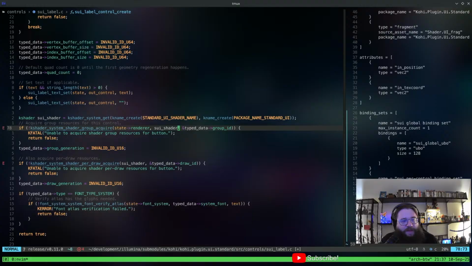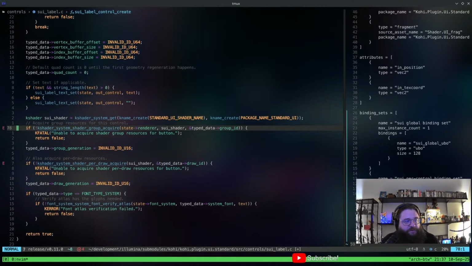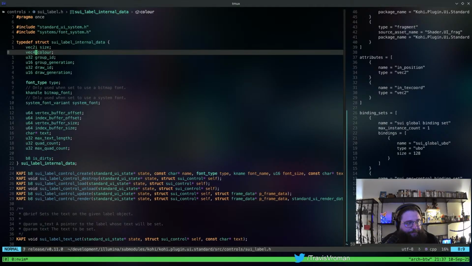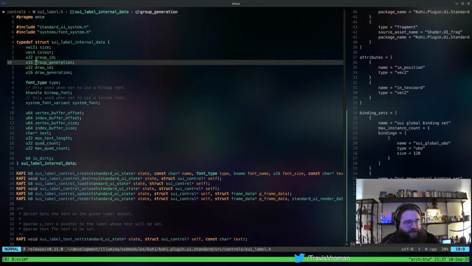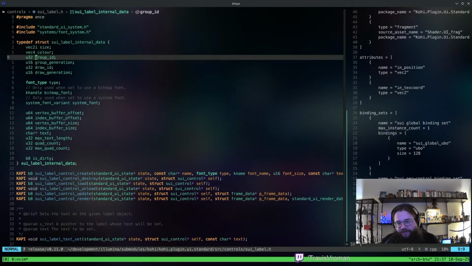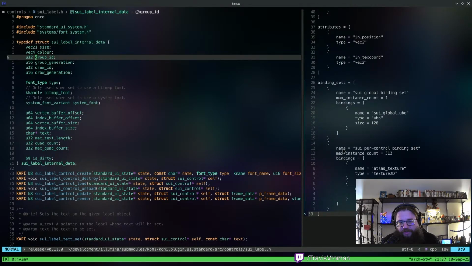So what we have is this sort of typed data, right? If we take a look at what type data is, I'm actually just going to go to the definition here. This is the SCY label internal data, right? And so this has a group ID, group generation, draw ID, and draw generation. So the only thing that we actually need for this is going to be for this per control binding set instance, right?